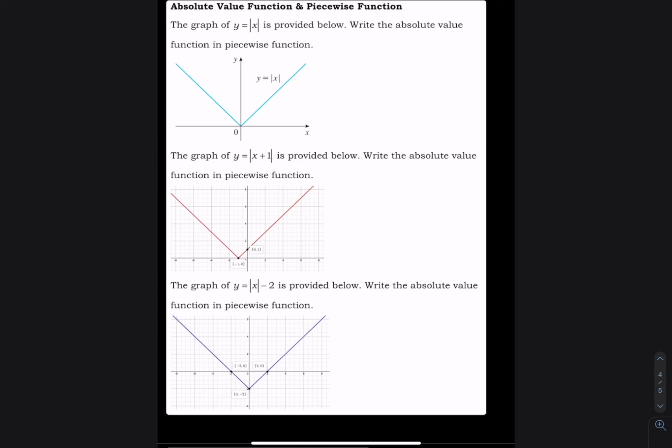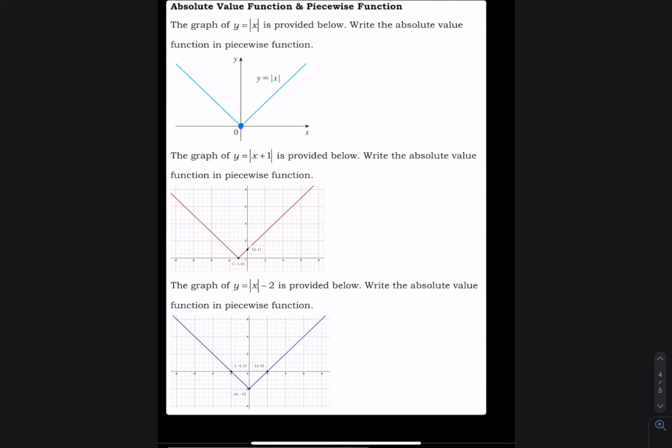All right, let's continue. So we have absolute value function and piecewise function. I have the graph of this absolute value function. I want you to write the absolute value function in piecewise function. So this is how we do it. There are two pieces, right? So they are